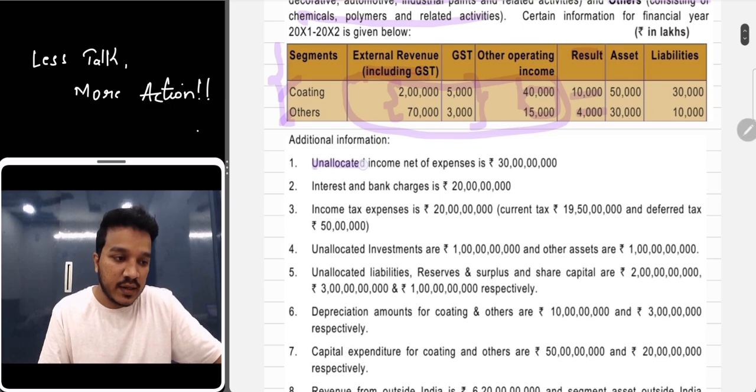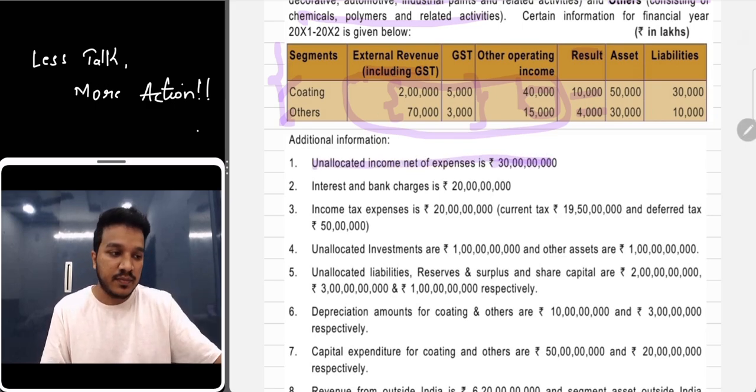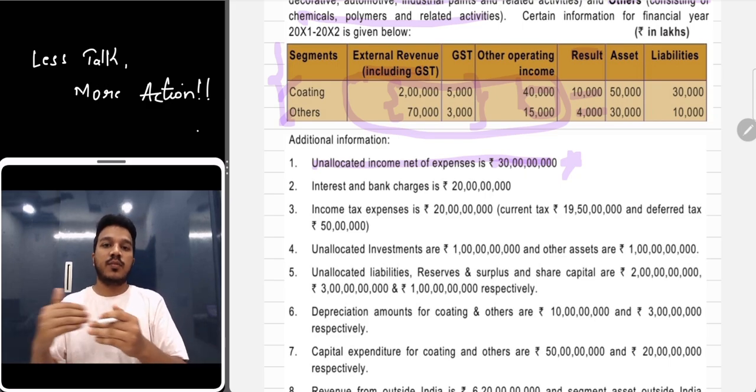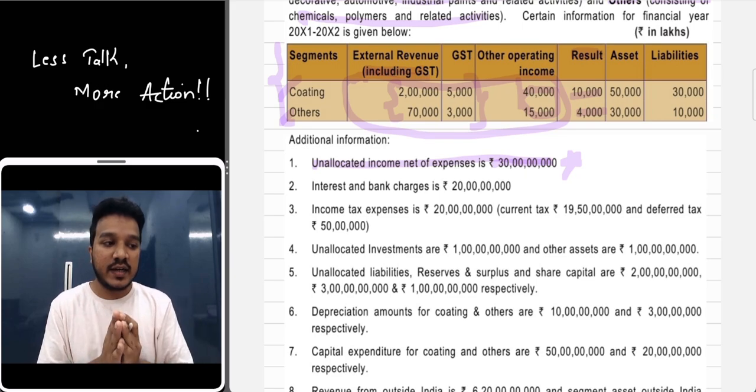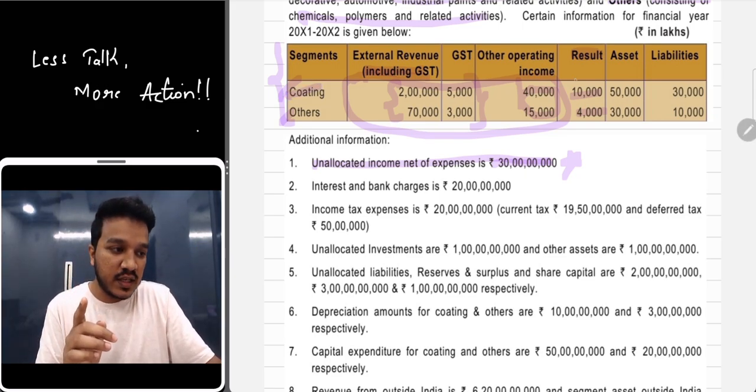यहाँ पे अनएलोकेटेड इनकम दिया है. ठीक है, don't go and put this in revenue in the exam. Point number 2, unallocated income comes in profit and loss, not in revenue. क्लियर हो. So unallocated income, results हो गया. रिजल्ट्स पे बाइफिकेशन दिया कि this 10,000 belongs to coating, this 14,000 belongs to others. ठीक है,